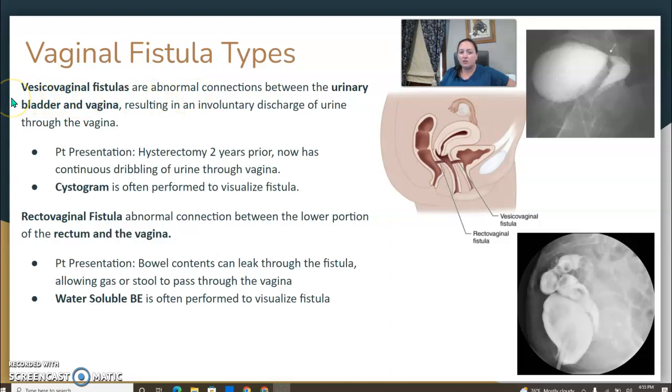There are two vaginal fistula types that we may see in radiology. The first one is the vesicovaginal fistula, between the urinary bladder and the vagina. It usually results in some abnormal discharge of urine through the vagina. Often the patients that I see presenting with this have a history of hysterectomy and now have some complications. And so we'll do a cystogram. The contrast will be injected into the bladder. They'll do some obliques or some laterals,